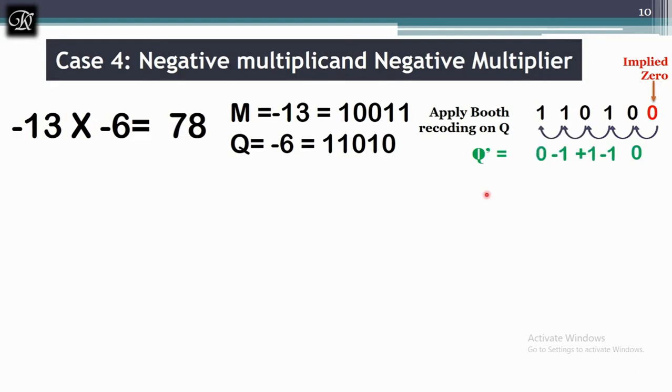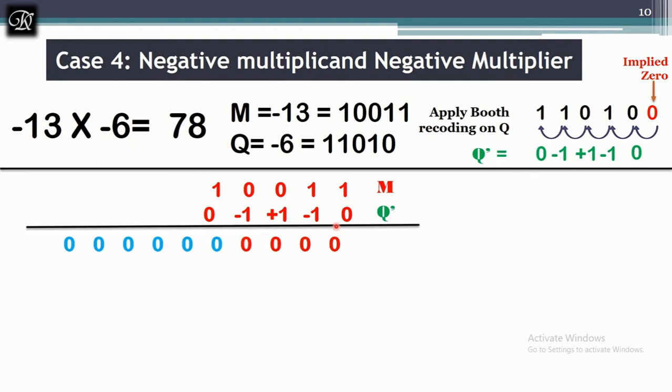So now it is multiplying negative 13 with the new q. As before, we have to have 10 bits. When m is multiplied with 0, the answer is 0. And now m is going to multiply with negative 1, negative 13 and negative 1, the answer will be positive 13. So I will be getting a positive 13. The sign bit is 0 and it is extended with 0. And next I am having positive 1. Positive 1 means it is going to multiply with a negative multiplicand, so the answer is negative only. So I got a negative answer, and the sign bit of that is 1. So the extended bits are 1, 1, 1.